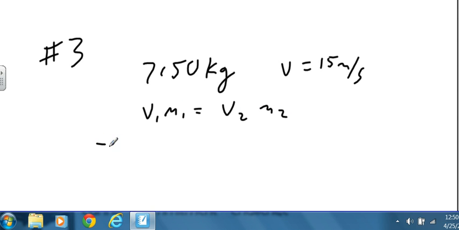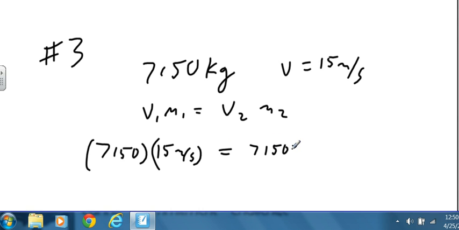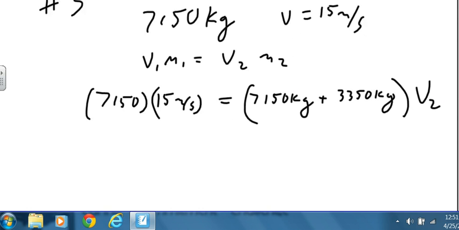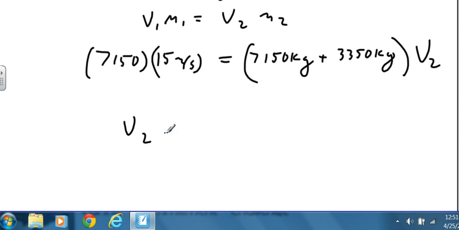And so 7150 kilograms times 15 meters per second has to equal some 7150 kilograms plus the load that I just put on, 3350 kilograms, times some velocity 2. So my velocity 2 is 7150